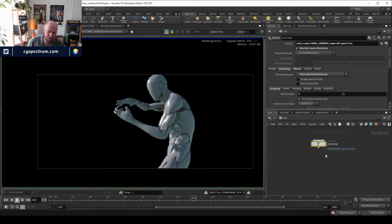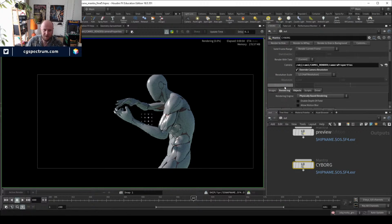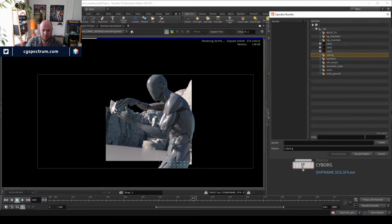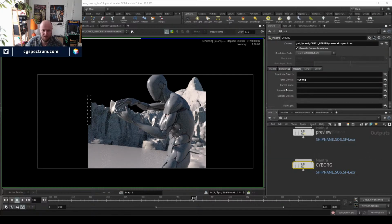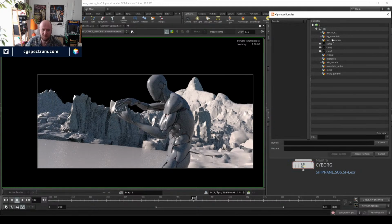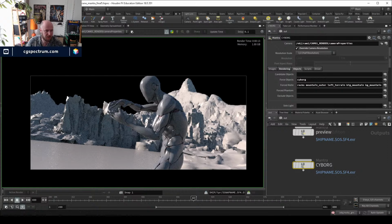Let me go to my out context and create another Mantra node. I'll just duplicate this preview, and we'll call this one Cyborg. Then under objects I'm going to put forced objects Cyborg, and then under forced phantom or matte, probably matte, I'm going to put the environment. I think the rocket ground is not the one I want, but let's see. And then if I have a look at the Cyborg render,